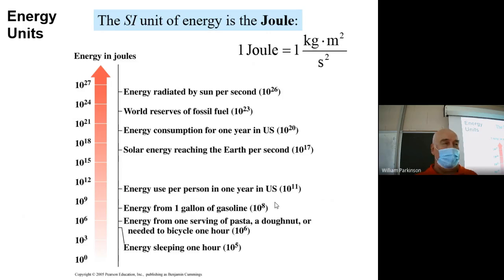That is a massive amount of energy, as you can see. And if you translated that into how many seconds are in a year, that would probably be about 10 to the 21 joules of energy reaching the Earth every year from the sun. That's a crazy amount of energy. Notice the energy consumption in the US per year. Look at the line that says the energy consumption by the US, and then look at the line above it, which says the energy reserve of the world.